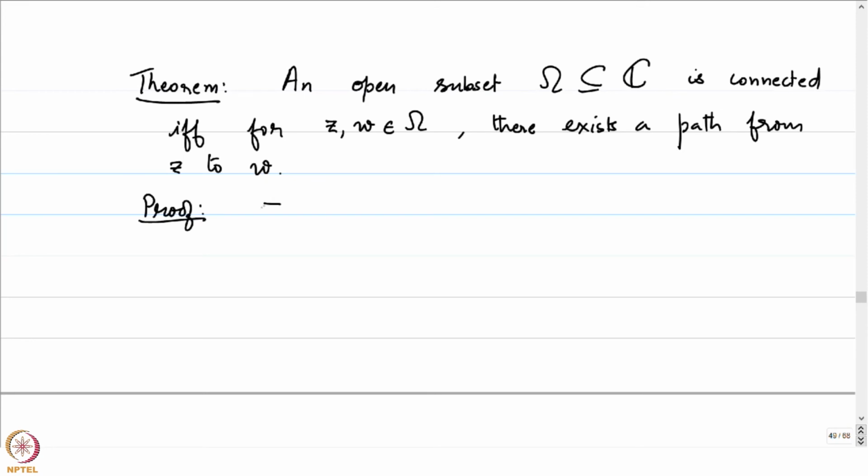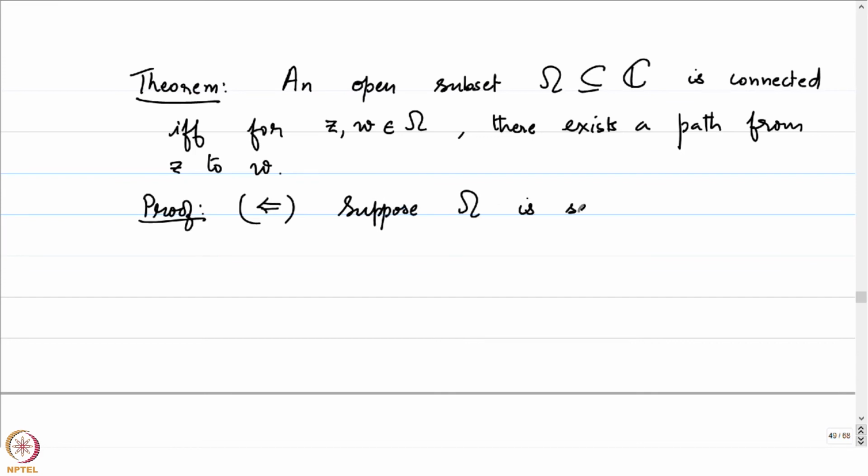Let's prove this direction first. If there exists a path between any two points, let's prove that omega is connected. Again, the proof will go by contradiction like in the previous two cases. Suppose omega is not connected,